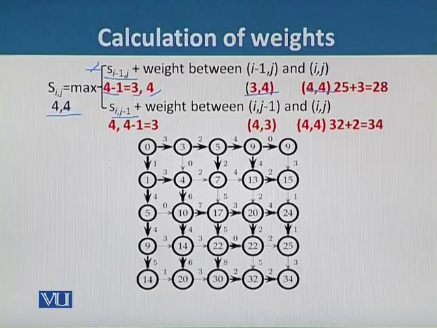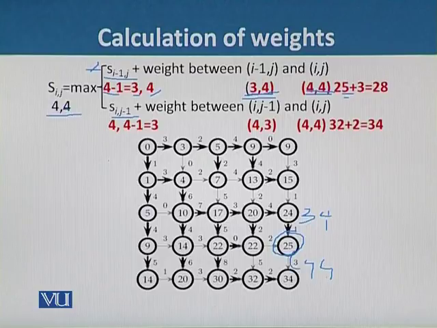is 4 and 4. So in this case the position of 3 and 4 is this one, 3 4, and its value is 25. So we have to write the value of 3 4 is 25, and again we have to see the value of 4 and 4, and this is the last point, 4 and 4, and its value is 3. So we will write 3 here, and we will add 3 to 25, and it will become 28.